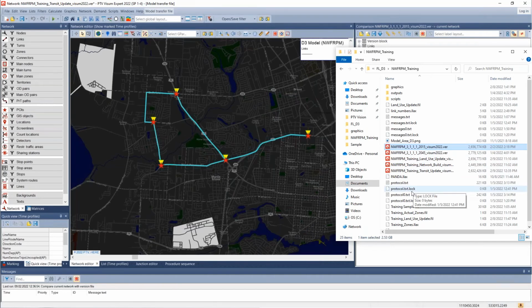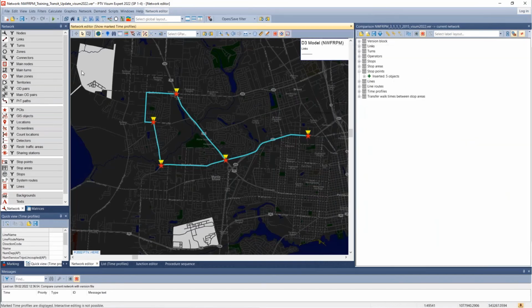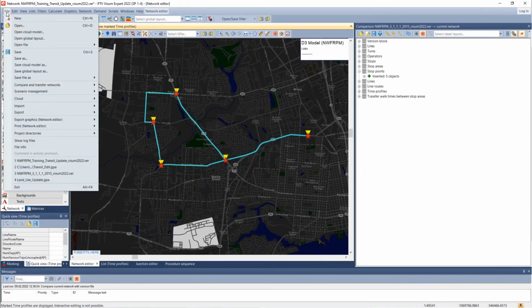But maybe you only have the base model year or you only have the transit update and you want to be able to compare and contrast these without having to re-download them or go email somebody about them. There's another process we can go through in the compare and transfer networks where you can just create a model transfer file